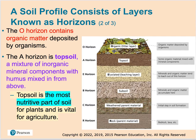And we see that a lot in the rainforest, where there is a lot of plant growth, but it's not due to nutrients in the soil. It's really just nutrients in the tree layers that exist in the rainforest. But if you take that away, it doesn't make good farmland below, which is another tragedy of chopping down the rainforest for farmland, because it's not good soil anyways, because it's been heavily leached down to the lower levels,